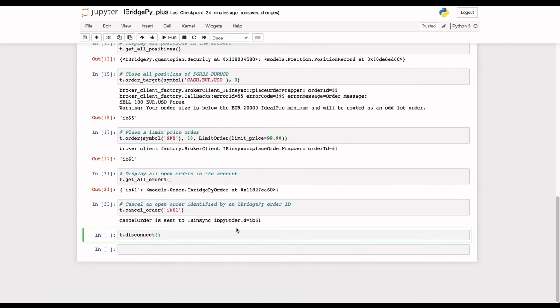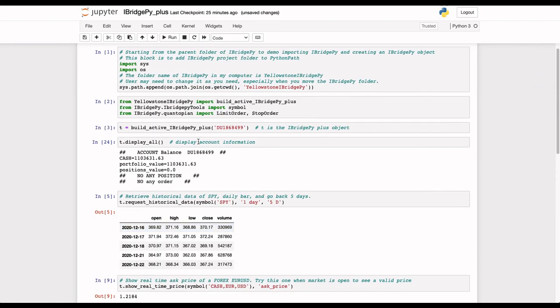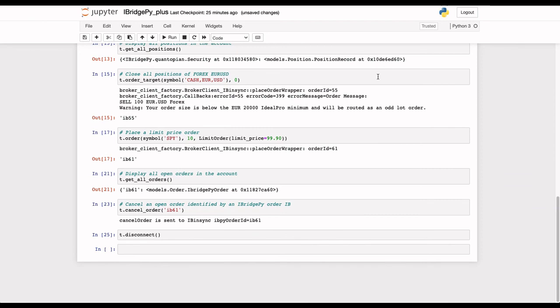The last demonstration is, I completed everything and I want to disconnect the created IBridgePy Plus object, so I can say disconnect. Okay, disconnect won't show anything, but it's disconnected already. If you click display all at this moment, this one is just all the information. Okay,